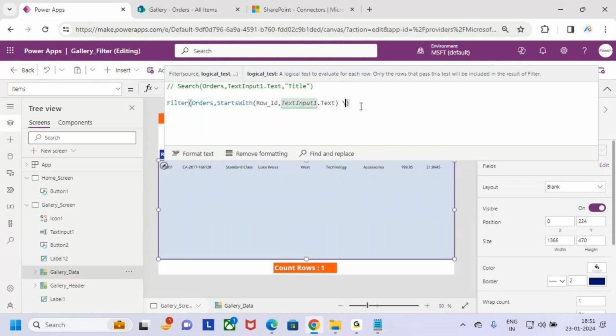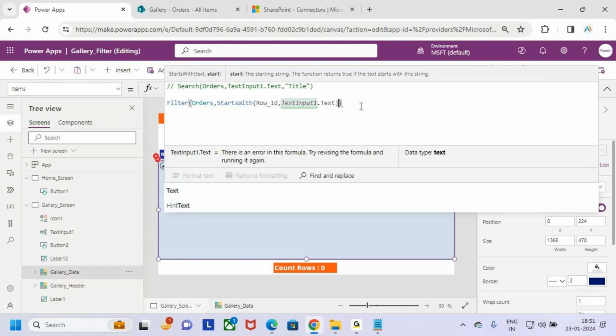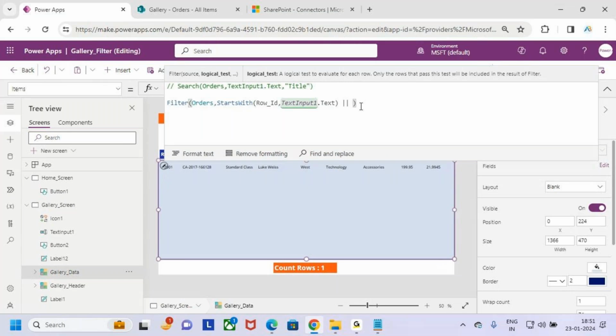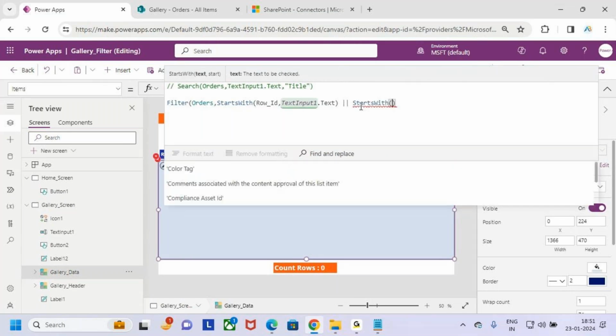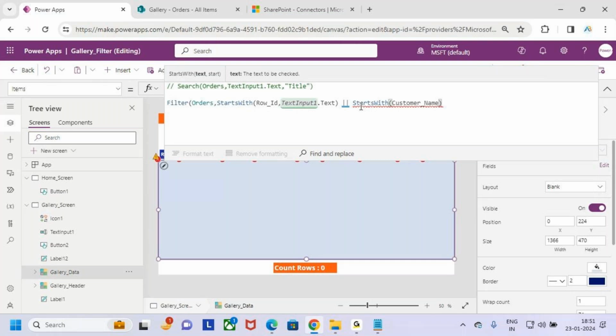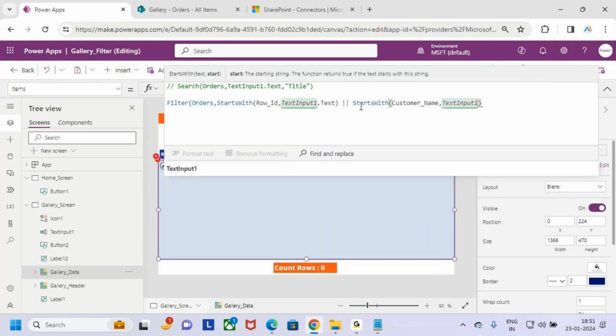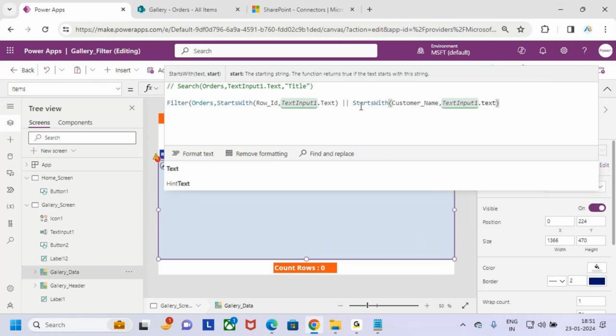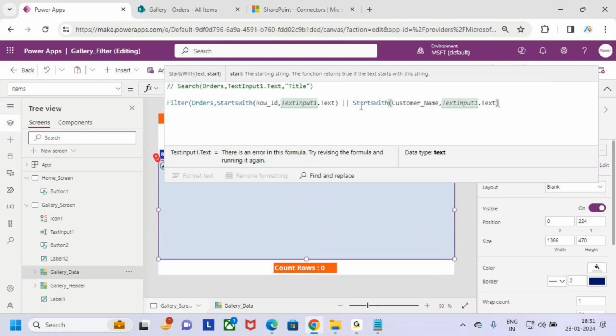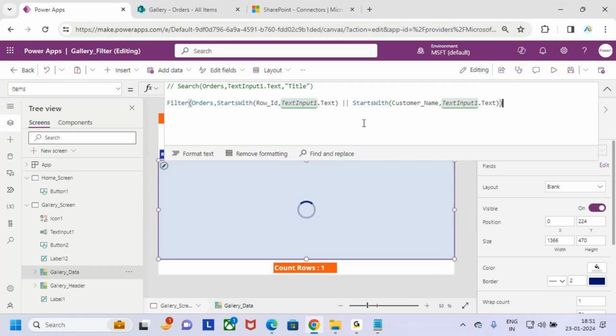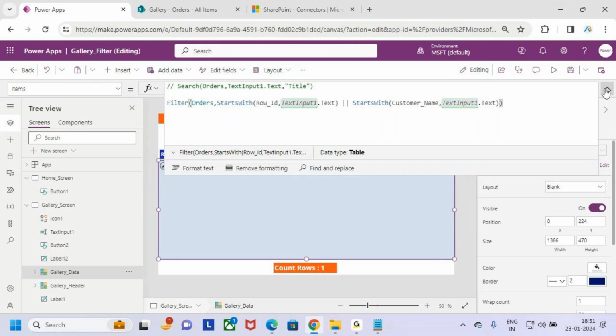Just go and use the or operator here, and then again go and use the starts with function. Starts with, I want to search the database on which column? Customer name column. Customer name, comma, whatever the input value, I'm going to enter this text input dot txt. Now close it. Now just save the app